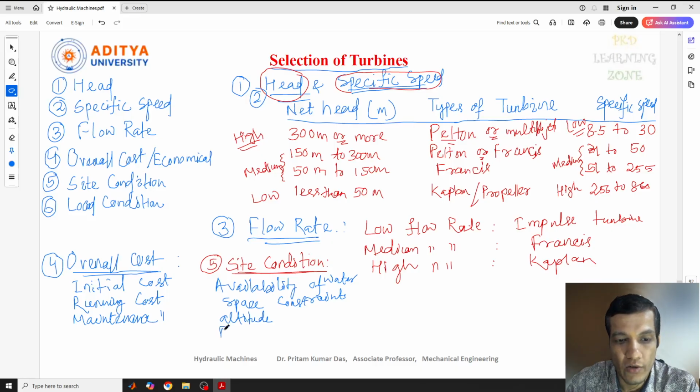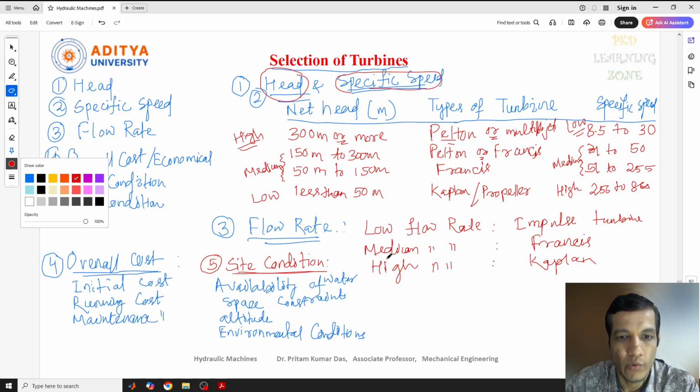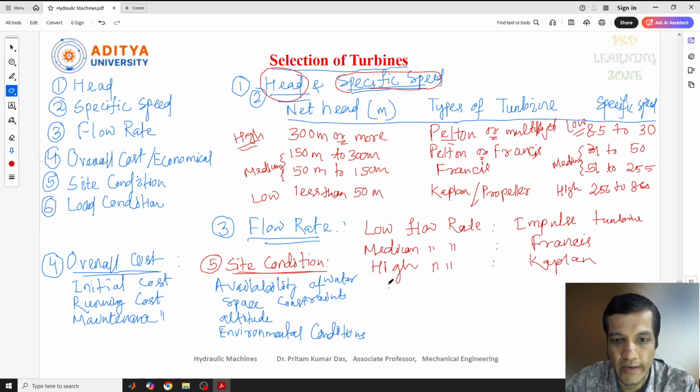And along with this we can also say the environmental conditions. Okay, so these are the parameters in this point. And the next one, as I told you, the sixth one, the last one, is the load conditions. So in the load condition actually,